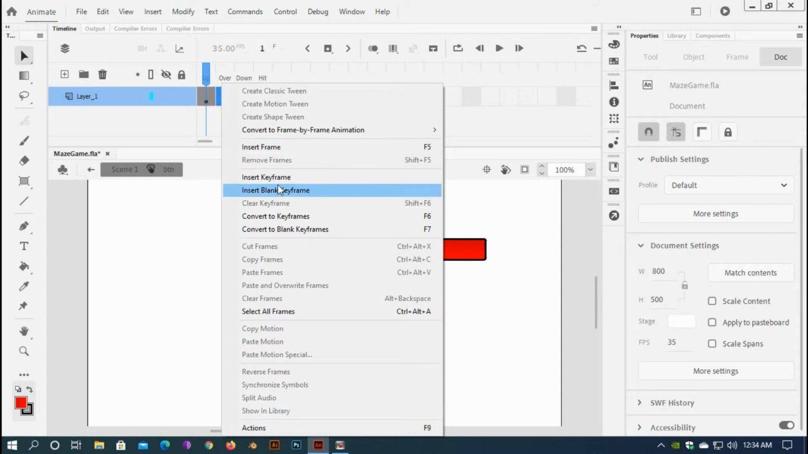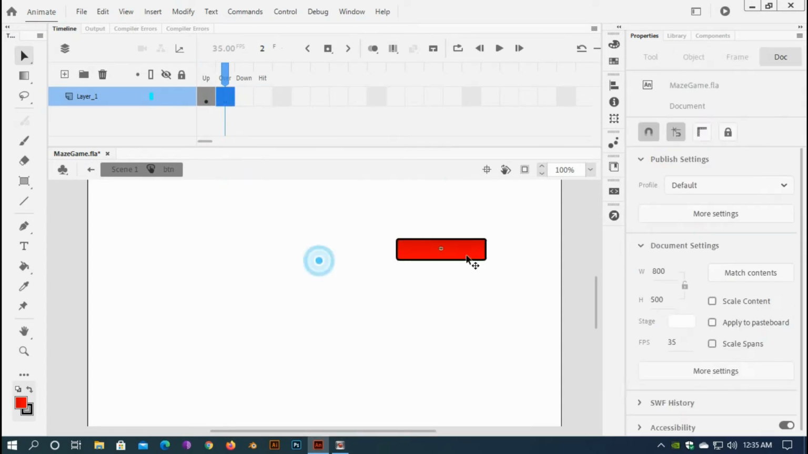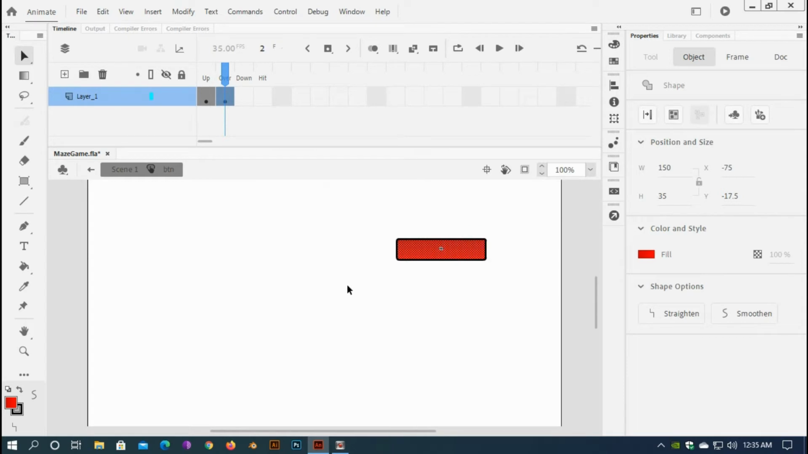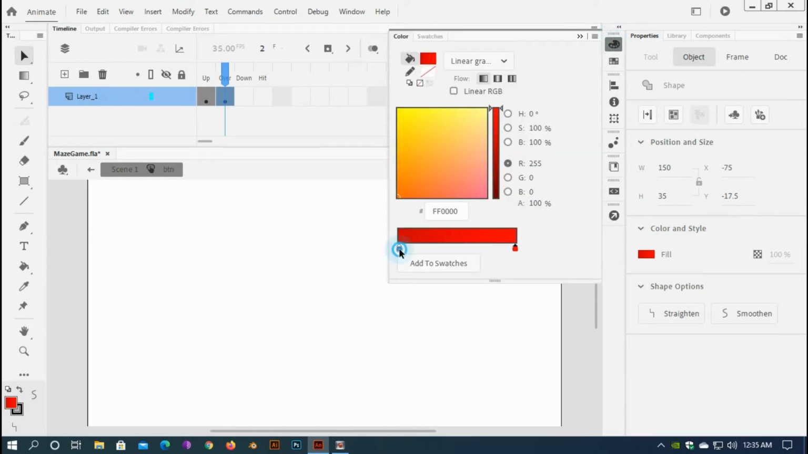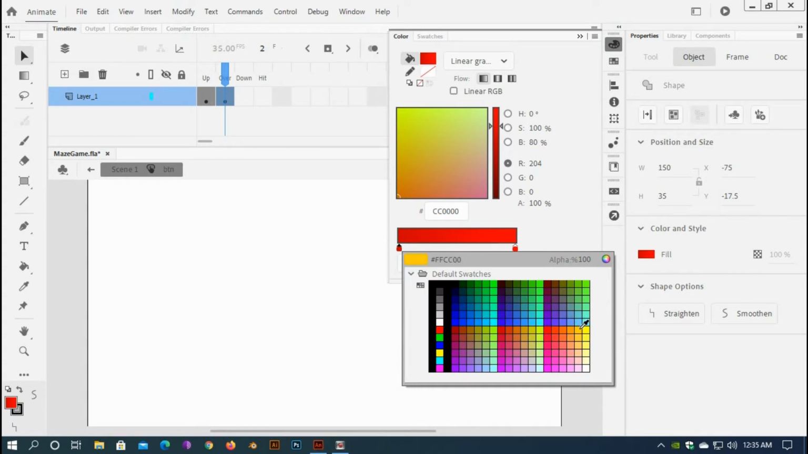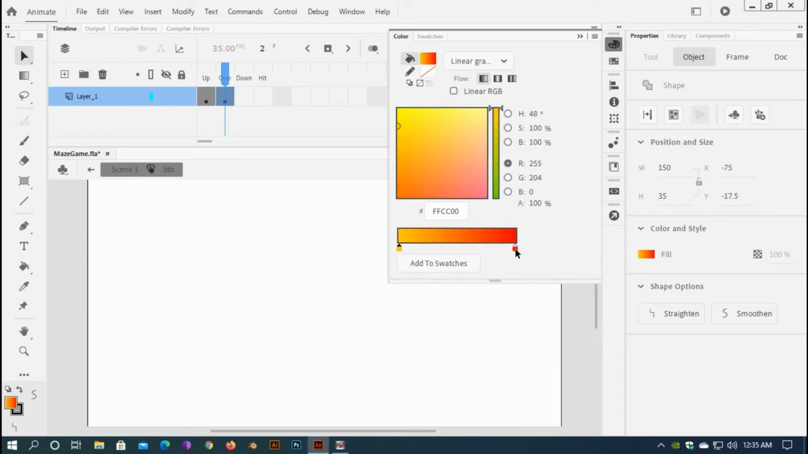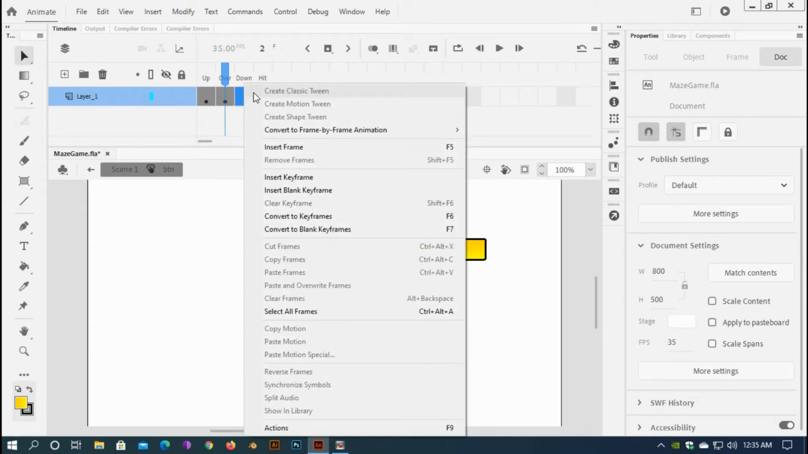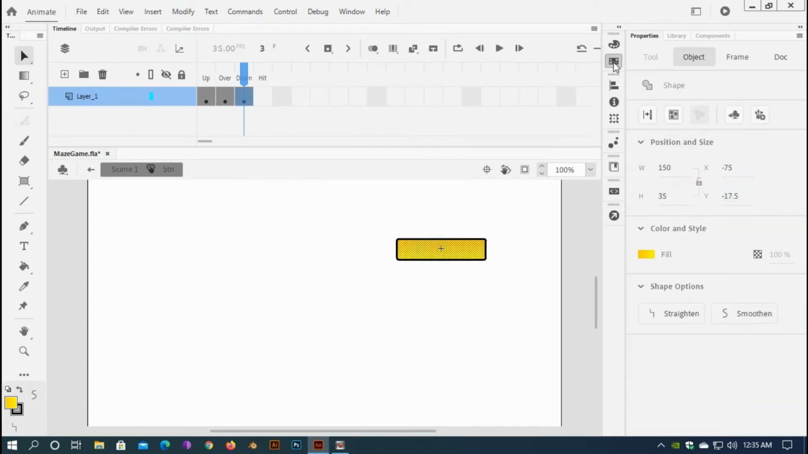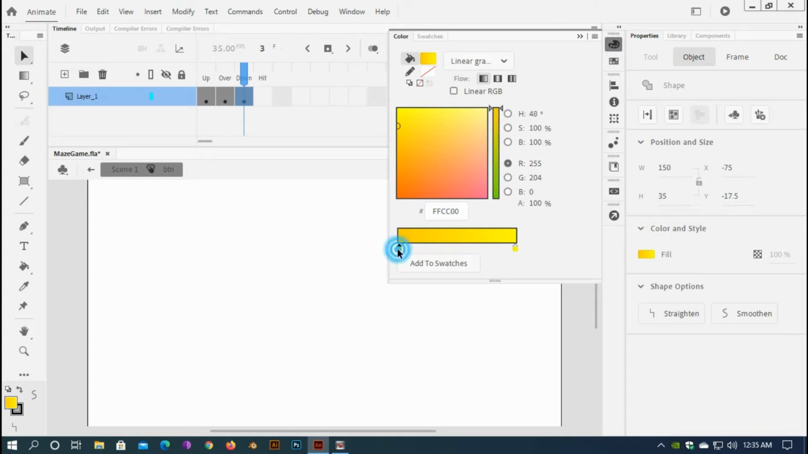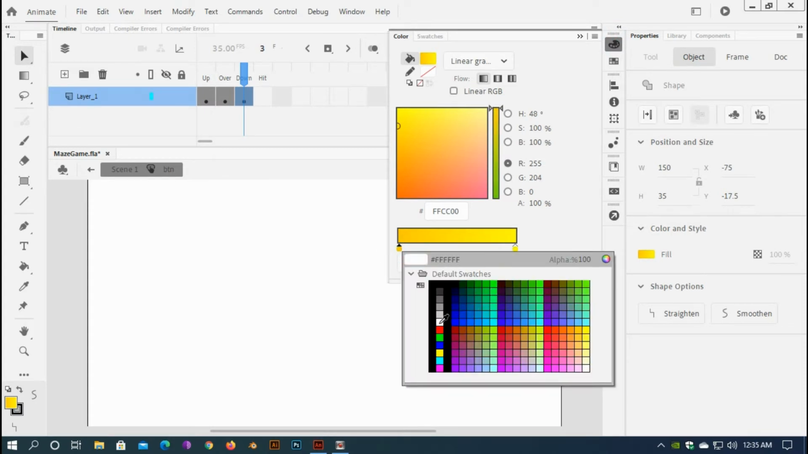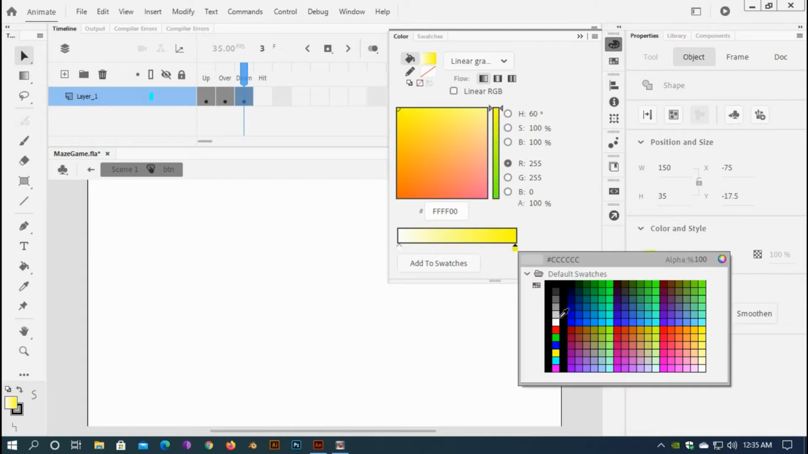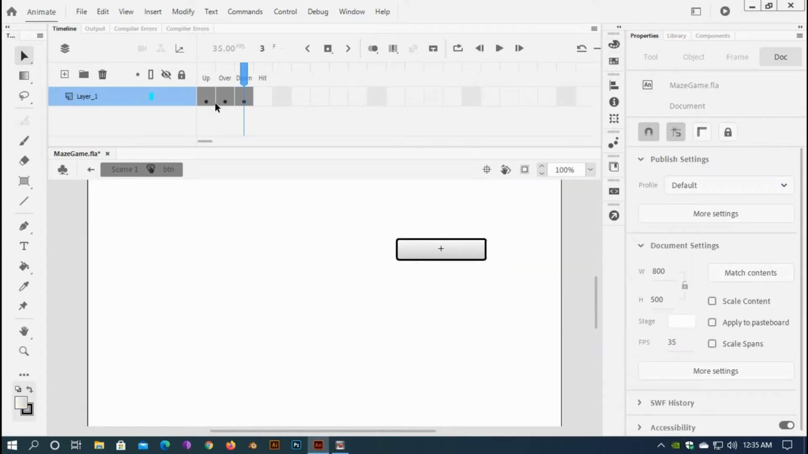So I will insert a keyframe and change the color. This time, what about taking the yellow, and this is the down state. When I click, this will appear, and here I will insert another keyframe, and I will change the color to this, and now